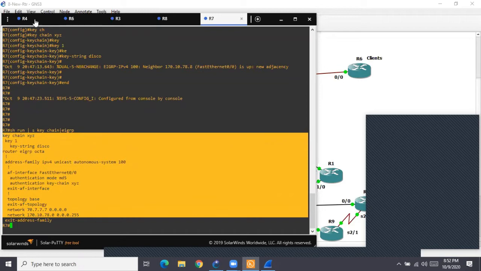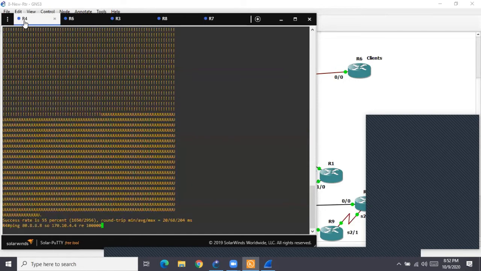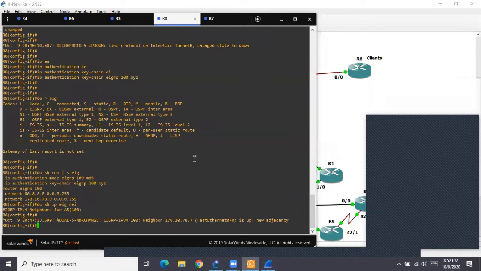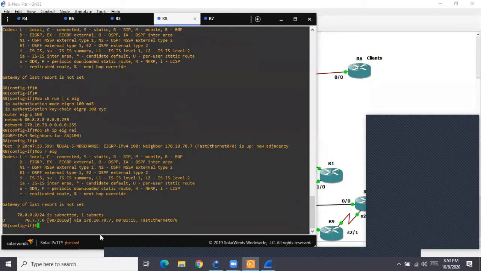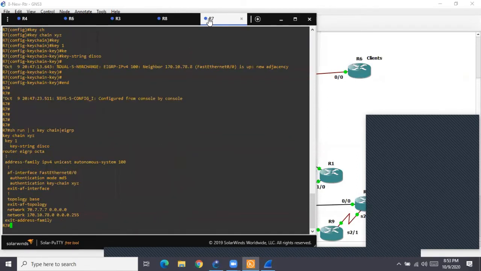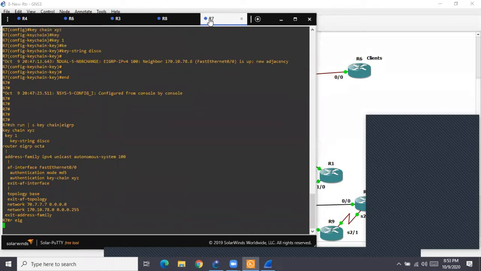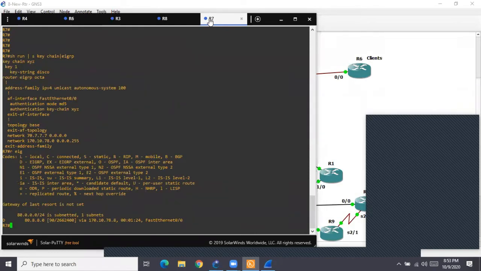If they have become neighbors, will communication start? Now communication won't happen. Why? Because redistribution will not be there. But at least what about the routes? Will R8 get the route from R7? If it is R7's own route, yes. And there you see R8 is accepting R7's route, and the same way R7 is also going to accept R8's route. So they are exchanging. Now for redistribution, I need to go inside what? EIGRP, and I need to do redistribution. I need to go inside OSPF. Anyway, right now we'll ignore that because you already know.